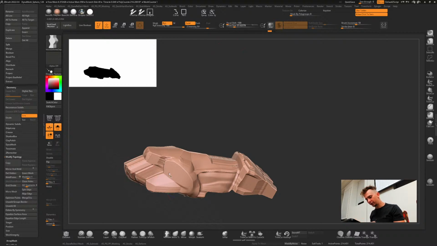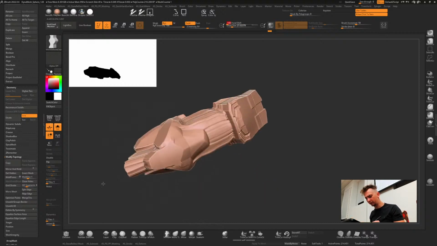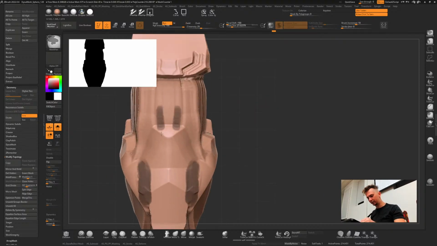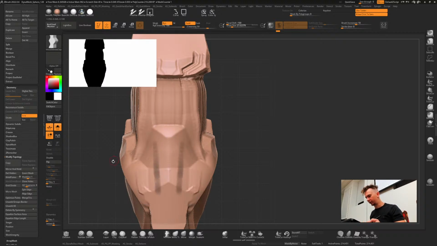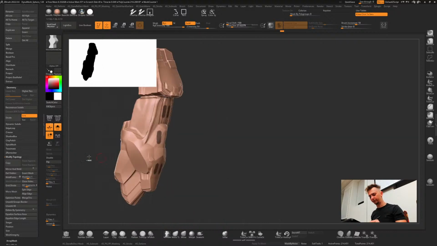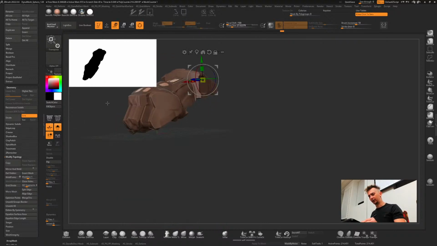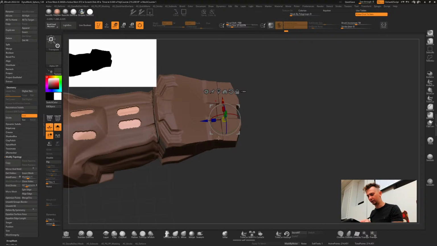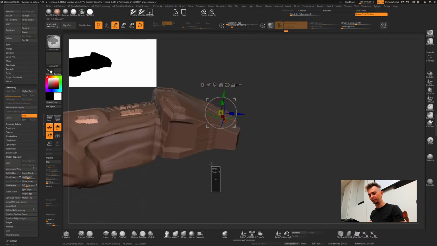I like using focal shift to the minimum, especially with a mask tool, and this way you can draw a very precise, hard border mask. But I go further. I don't want pen pressure when I'm using ZBrush, so I actually disable use tablet, which is in ZBrush preferences, and this way if I want a sharp mask like this, I get a sharp mask without having to worry about anything. And masking is extremely powerful for creating designs, or just for sculpting. Masking is key.